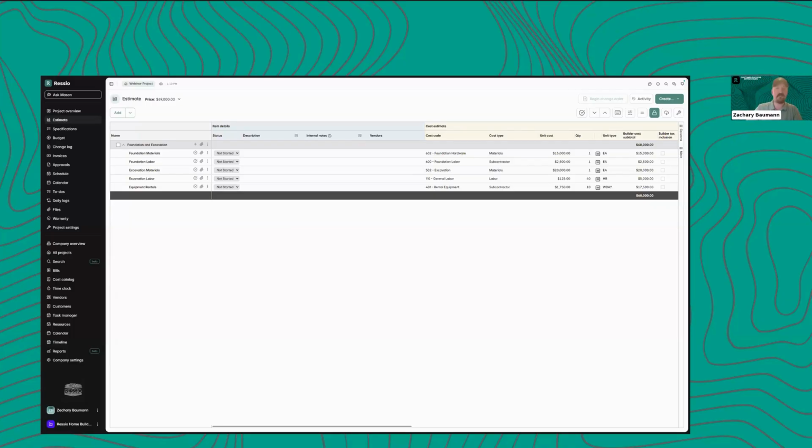However, you could always export these reports into Excel if you want to do certain subtotals or groupings that just aren't in that report as of today. All of these can be downloaded and exported into Excel.